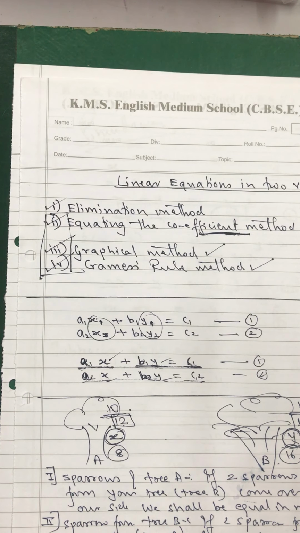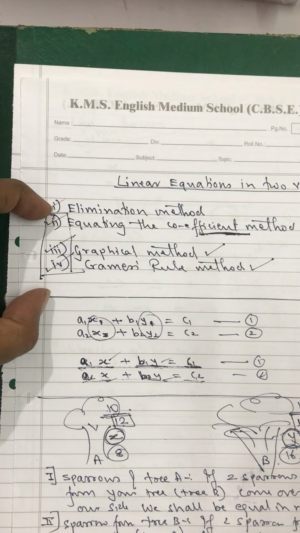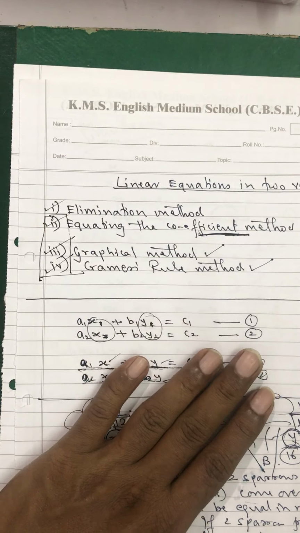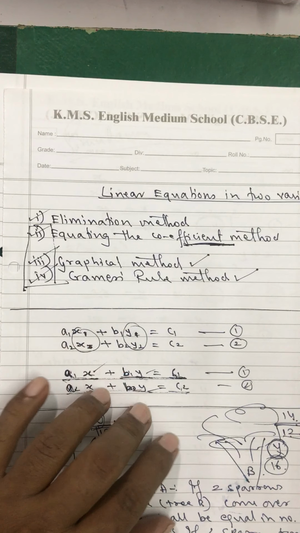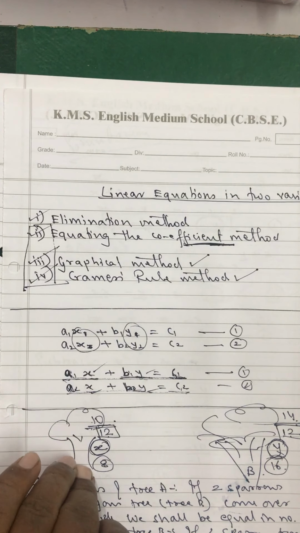After that, there will be a big healthy topic where complex equations of 2 variables will be given to you. They will be of complex nature, and you will have to know how to solve them. That will be basically based on the equating coefficient method, but it is a different step. After understanding all the three methods, there is one step that you have to climb where complex equations in two variables will be given, and then you will have to solve them.